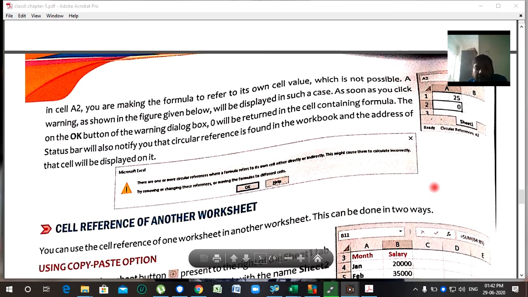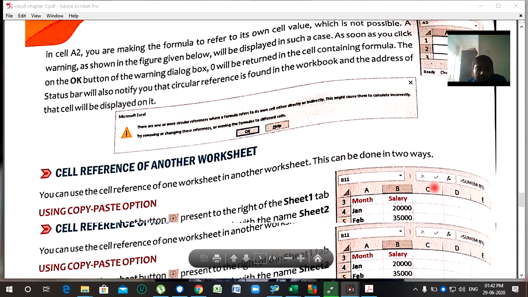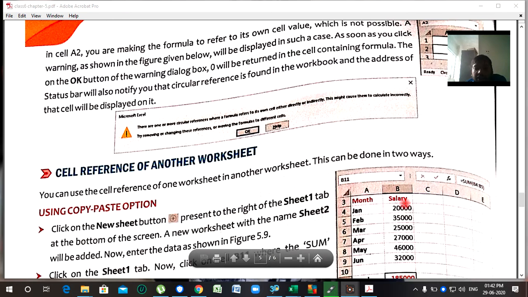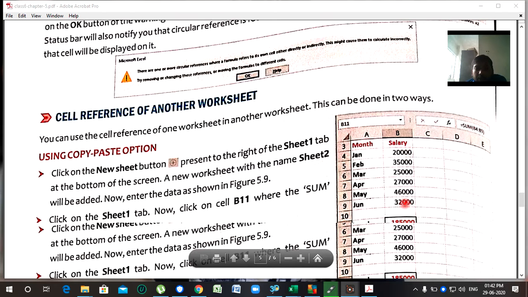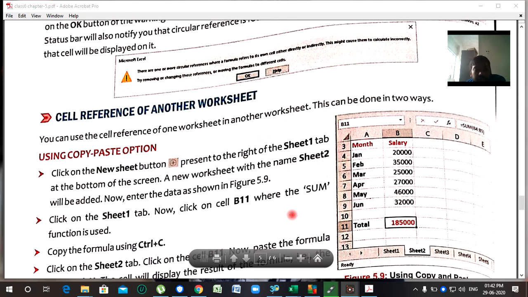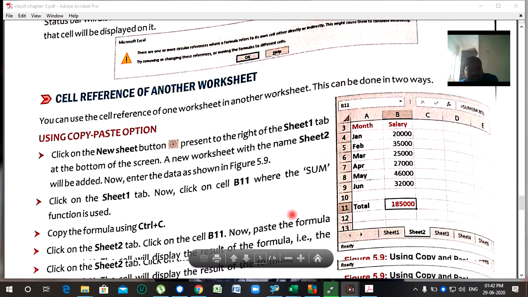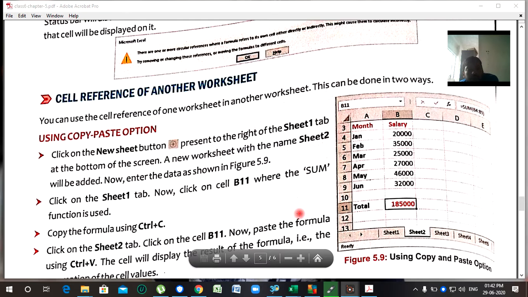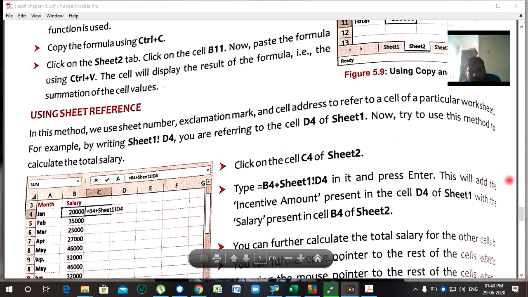Next is the cell reference of another worksheet. It means you can use the cell reference of one worksheet in another worksheet. This can be done in two ways. One is using the copy paste option. If you have made a result in Sheet1 and you want to copy that formula to another sheet, we just copy and paste the formula there. The other is using the sheet reference.